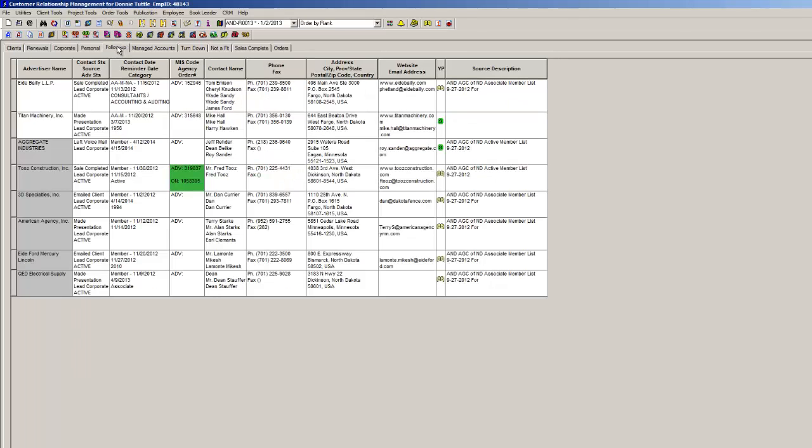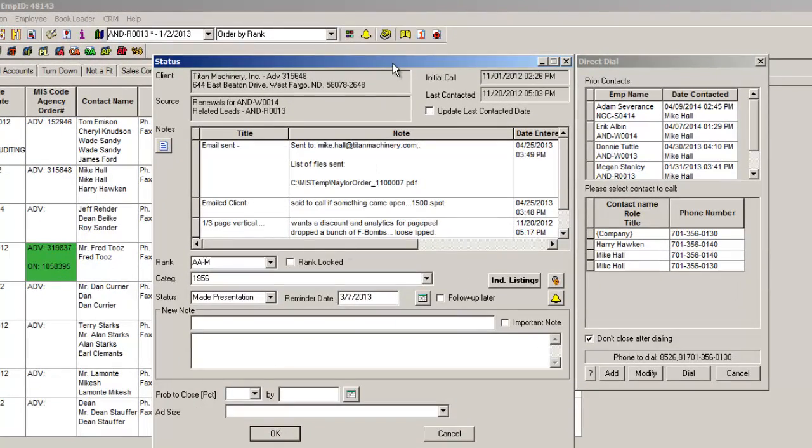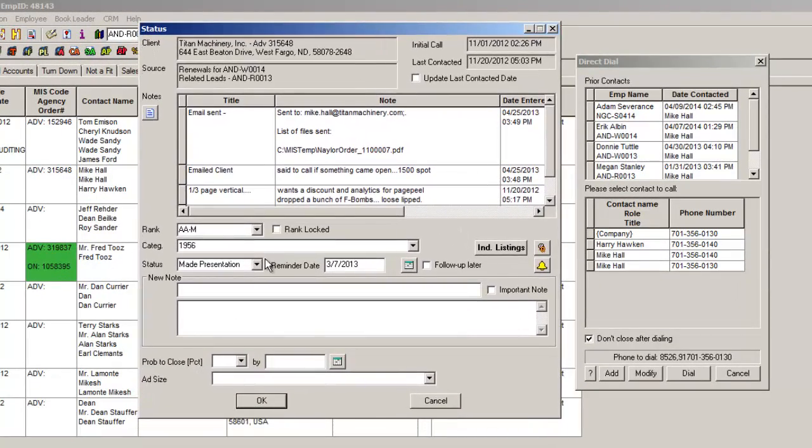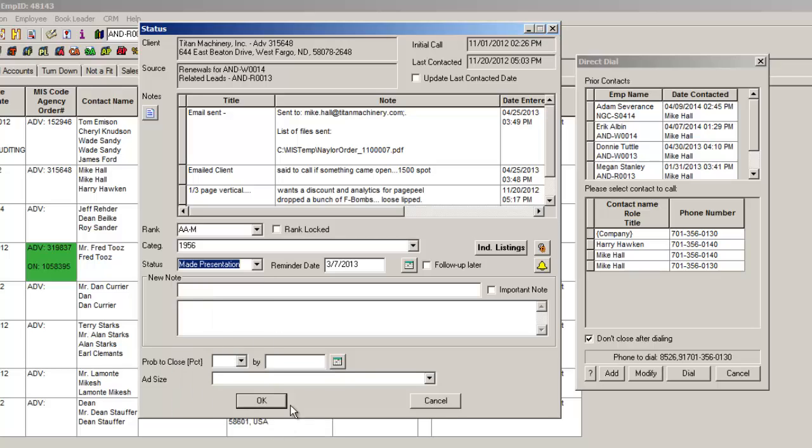We're on the second shelf here, and we have follow-up. And let's say that we did something. Let me pull up a contact here. So within this, you can also, of course, make note of things that you've done, such as making a presentation, or if you felt like you completed the sale, that would be good as well. So if you mark it as made presentation,